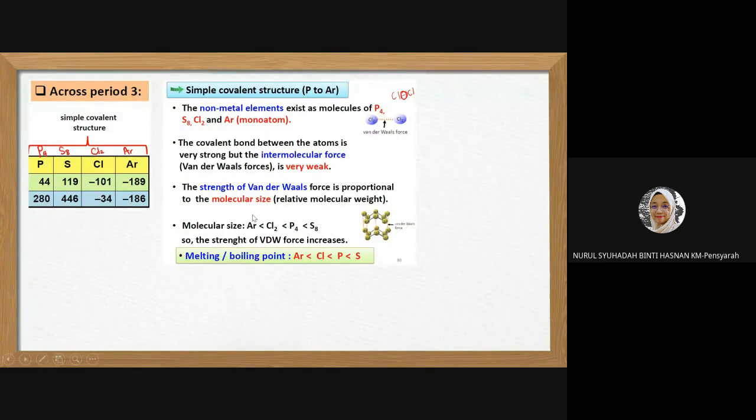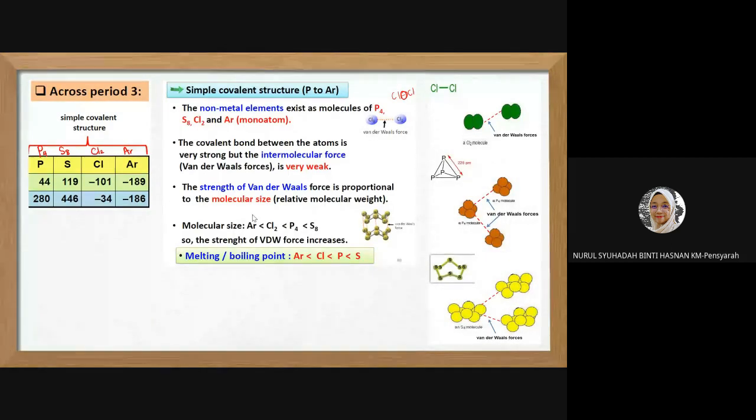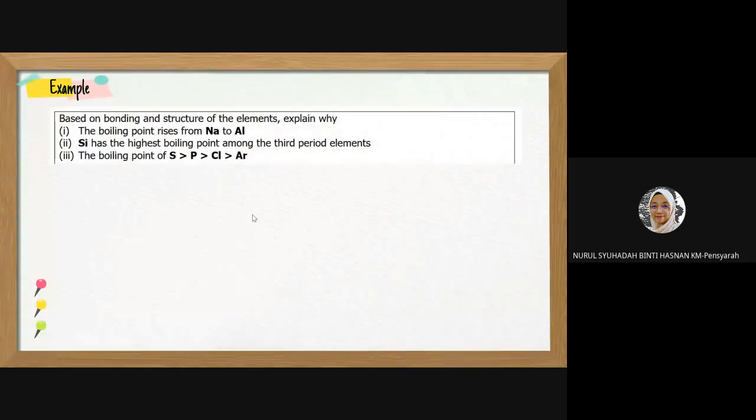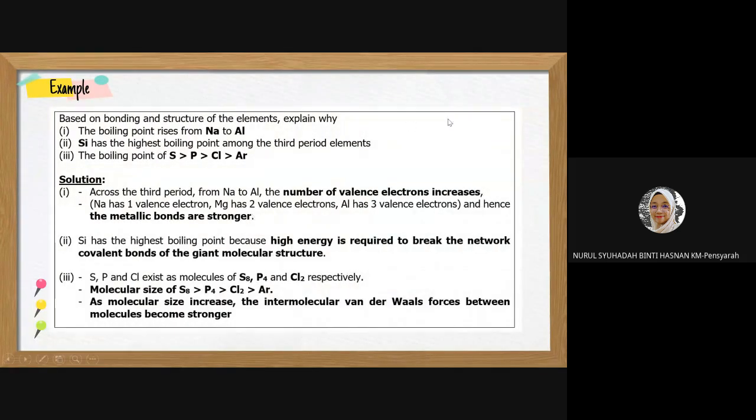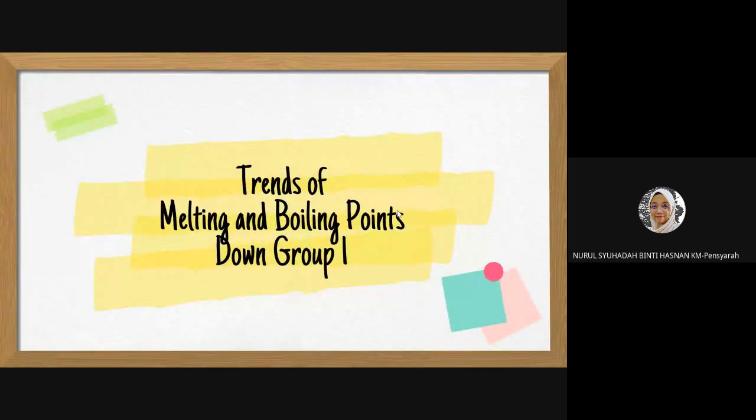Okay. So is it clear? Clear. Yeah. Alright. So ni tadi lah just untuk tunjukkan dia punya size, boleh tengok pada nota nanti. Okay, so for this one, nanti kita akan bincangkan dengan lebih lanjut. So basically sebenarnya benda-benda ni kita dah bincangkan. Okay, nanti kita akan recap balik dekat dalam tutorial. Okay, so quickly sebab dah nak pukul 5, we go to the trends of melting and boiling point down group